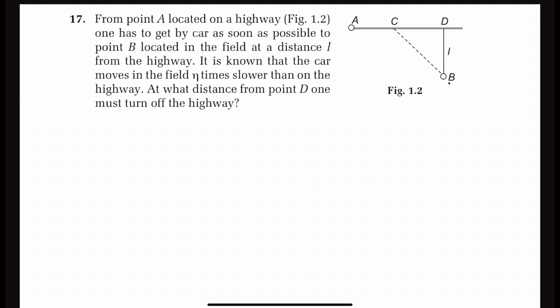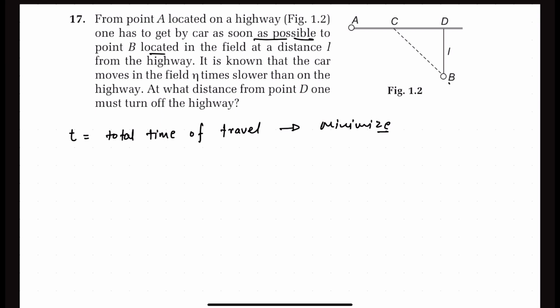For this question, the approach would be that we need to go as fast as possible and reach point B as soon as possible. So it means we need to minimize the time. Let's suppose T is the total time of travel. Minimizing is one concept we can use here. There is one more concept based on minimization, which would be quite simple to solve this problem, and that is Snell's law from ray optics. We can also use that, and it will be very simple to find the answer. I will be using both methods to find the answer for this question.